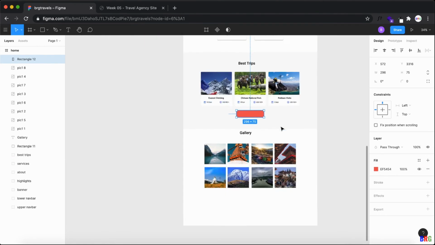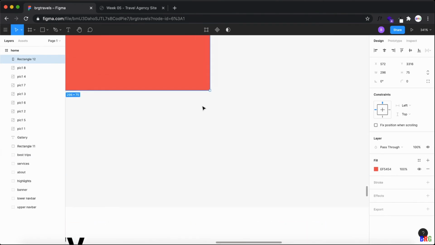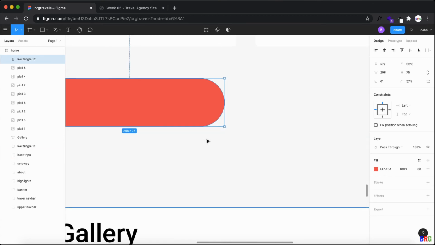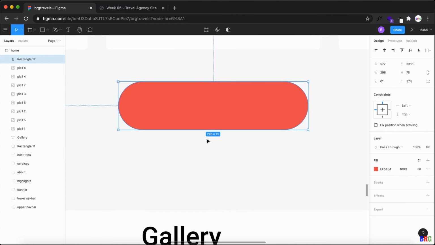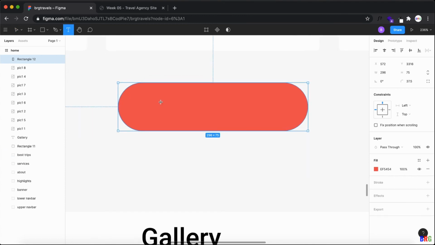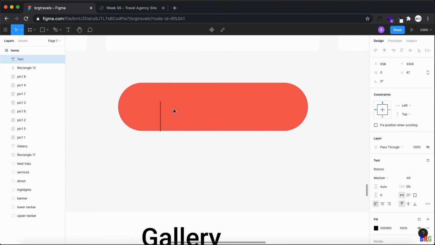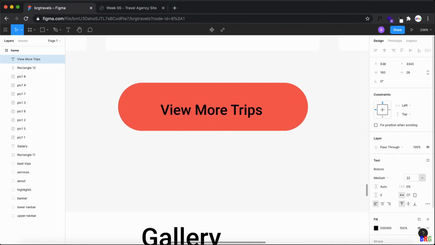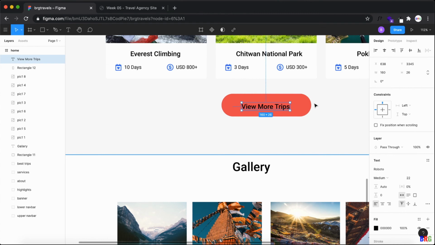Also I need to give the border radius this way, and now I need to add the text as view more trips. Obviously I need to resize it. Let's add 22, which is our standard. Zoom out.